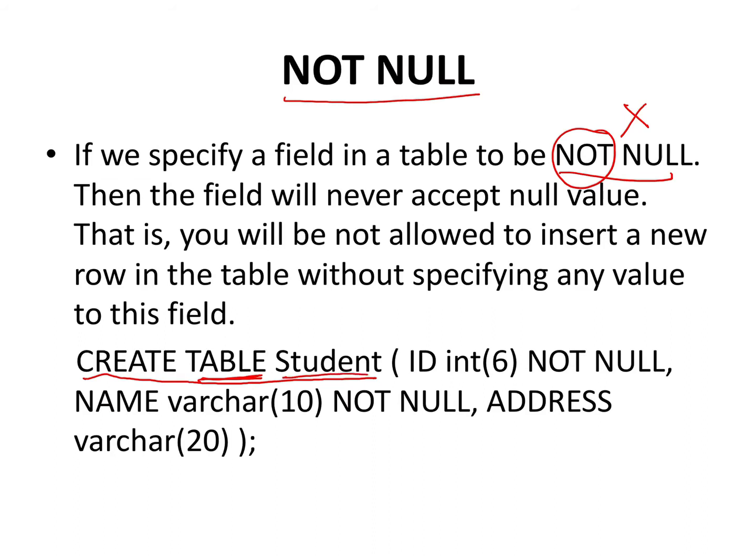Only thing is, the table name can be different depending on what table you are trying to make. So: create table, and then the table name. The table that I'm trying to create is the student table, and then I have ID here. Then I have the data type. So the name of the column and the data type of the column, separated from the other columns by a comma, with the name followed by the data type. That is how it is supposed to be.